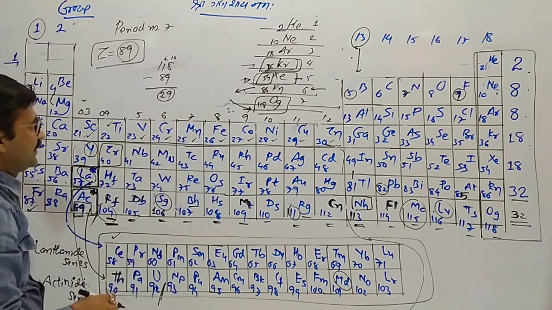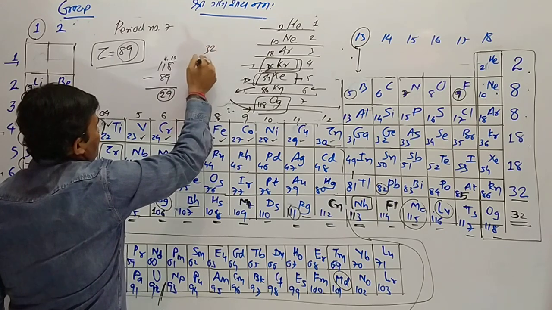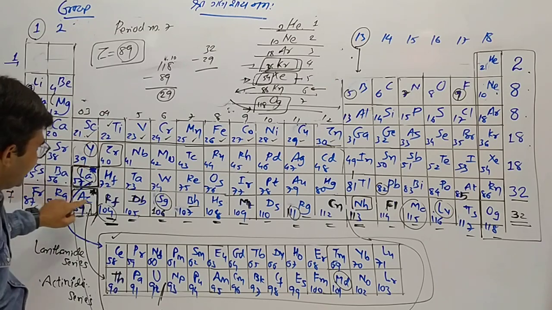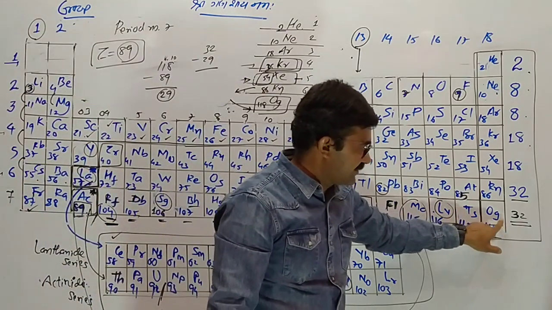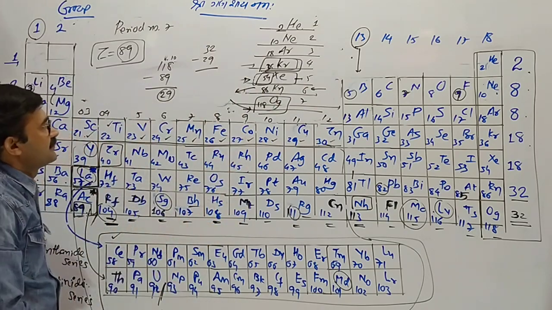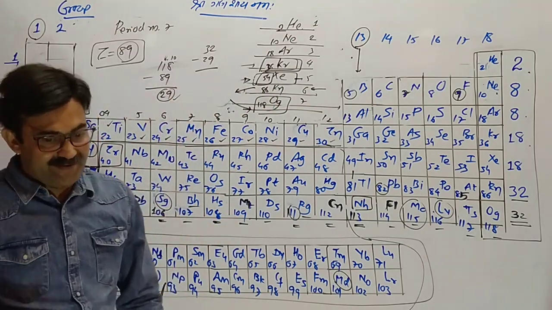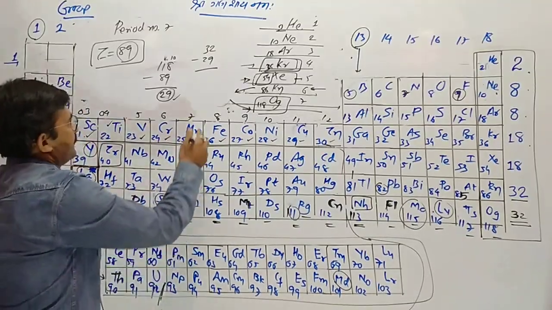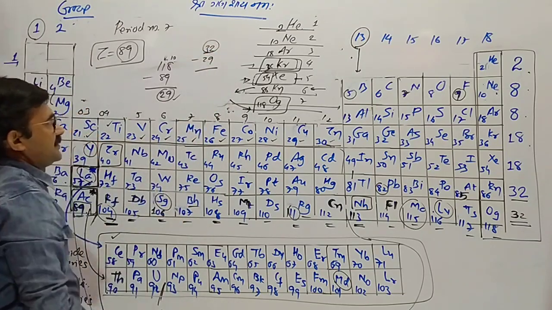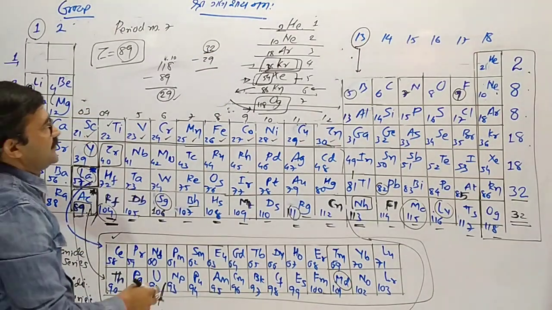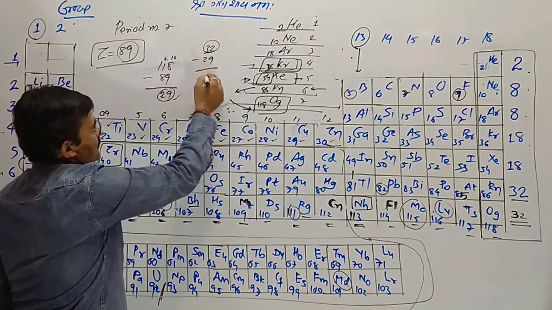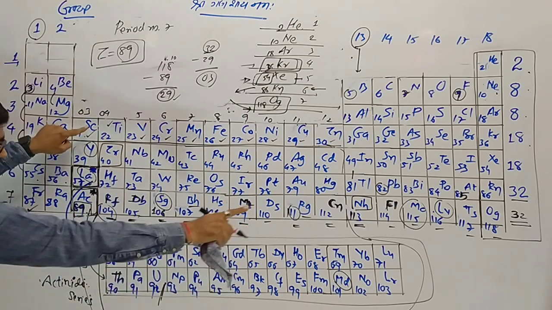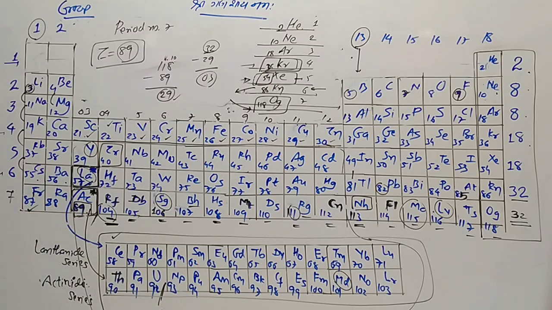So in that particular case, whenever the difference of the atomic number from the last element of its period comes more than 18, not 18 but more than 18, like 19, then after that, on that particular place, don't worry, we have to subtract from 32. Not 18, subtract from 32. So 0, 3. So 89 comes in period number 7 and group number 3. It is actinium.